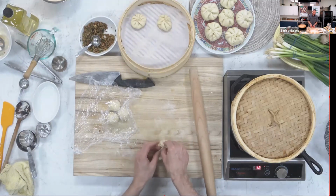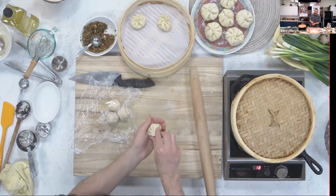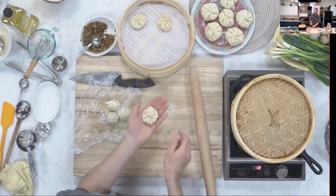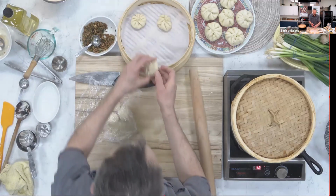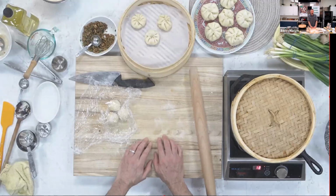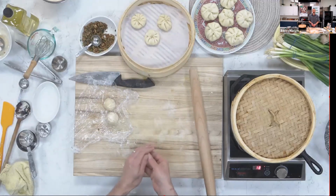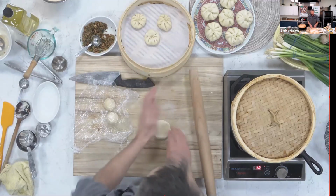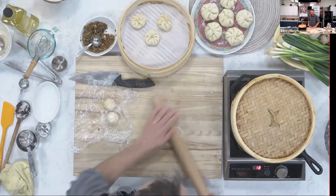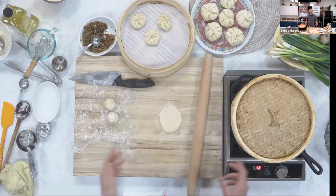So here we are gathering and turning and pinching and a twist. Chuck, we have a question about whether you could freeze these at this point and cook them later. Yeah, so the question is, can these be frozen at this stage and then cooked later? And that's definitely yes. That's a really great thing to do, and it's fun to do something